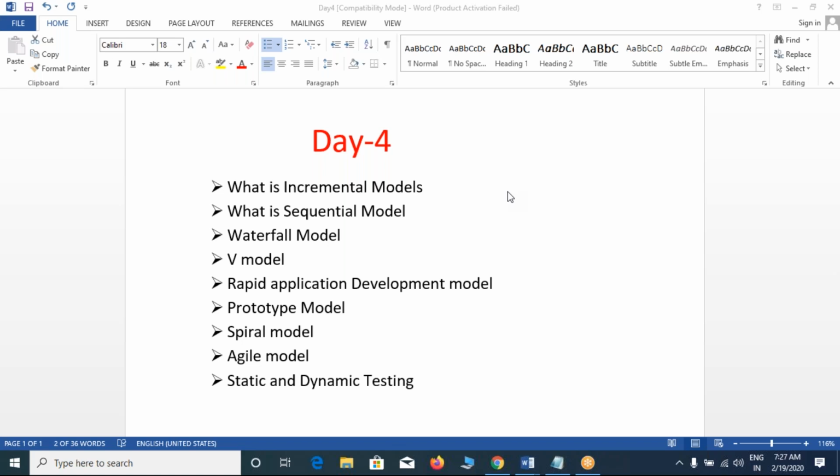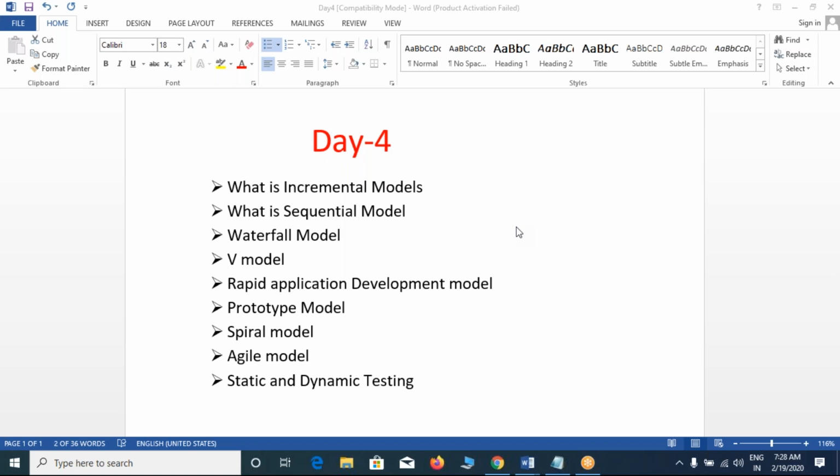Now, if it is a small size project, which one will you prefer, guys? Padmasri, not waterfall model, V model, because with the V model only we can get 100% quality when compared to the waterfall model, right? So whenever it is a small size project, we should prefer the V model because it has both verification and validation. Next,